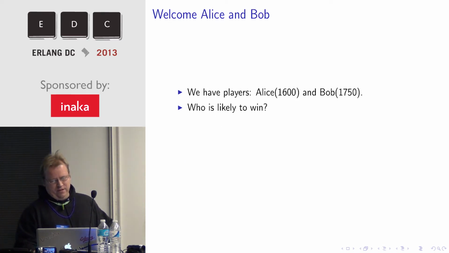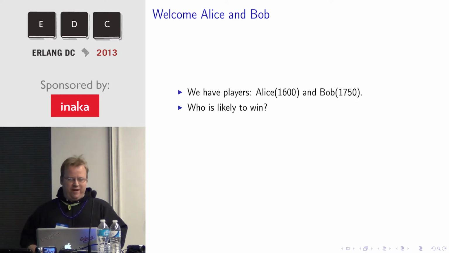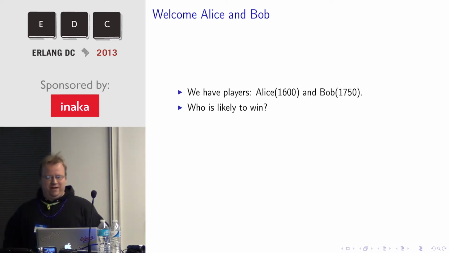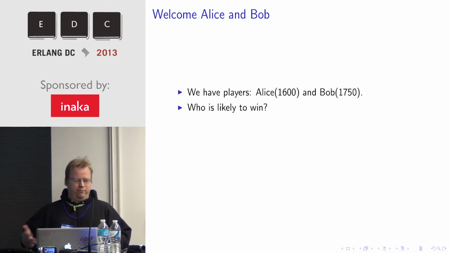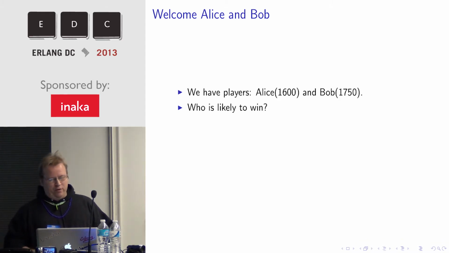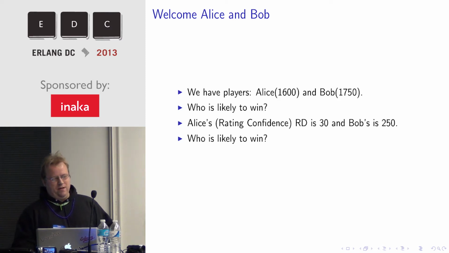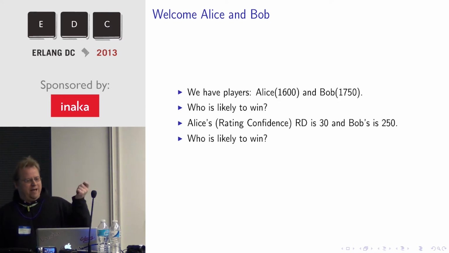So if I have two players, Alice and Bob, and Alice has a ranking of 1600 and Bob has a ranking of 1750, the question is, who is likely to win? Normally you would say, well, Bob has the higher score, so Bob is the likely player to win by some percentage. It's not important what percentage it is, but